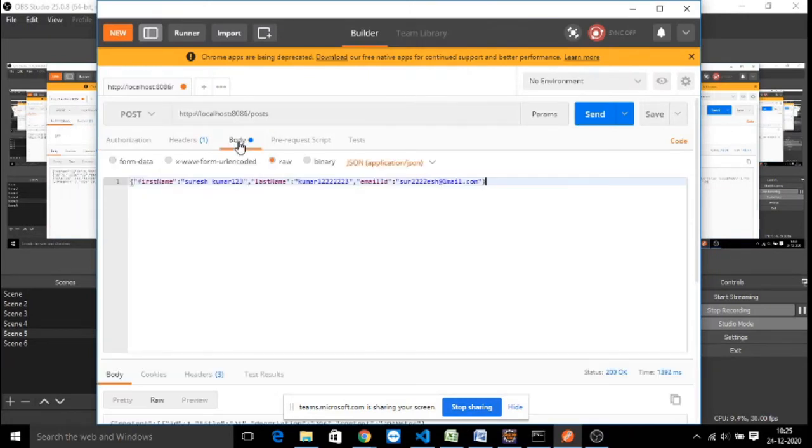Here the URL is the same. Here you need to give the attributes called post title. Title is Postgres 1.